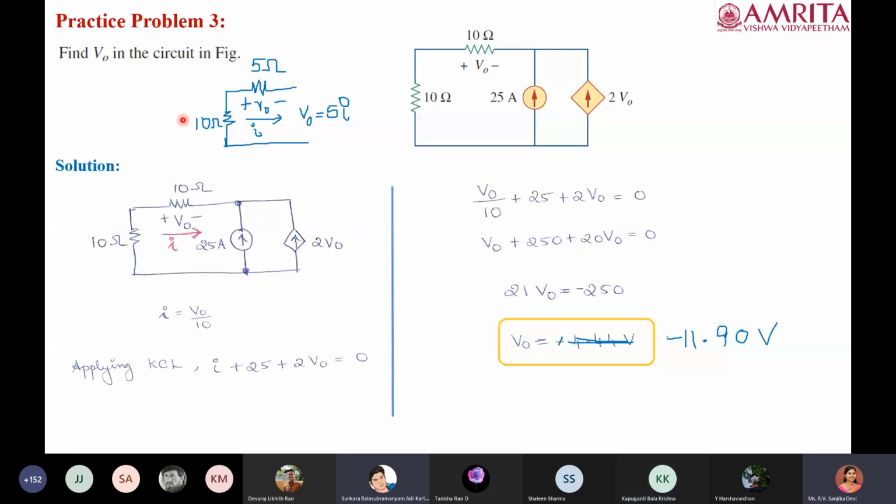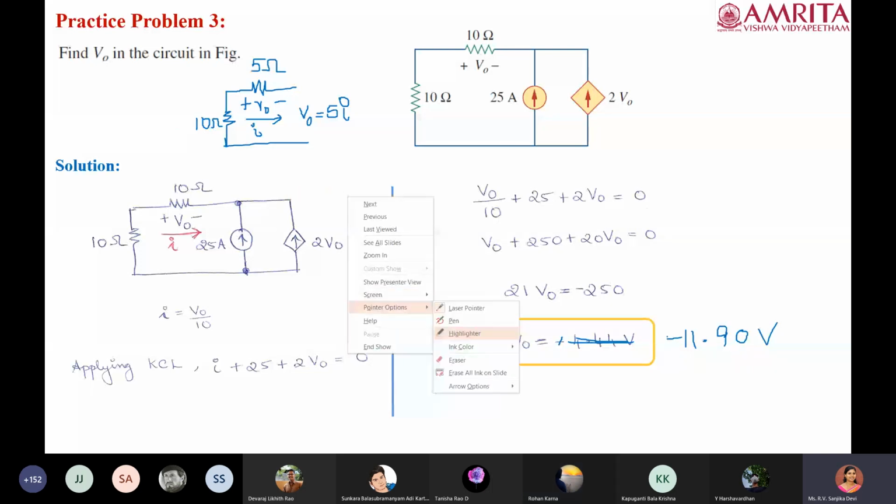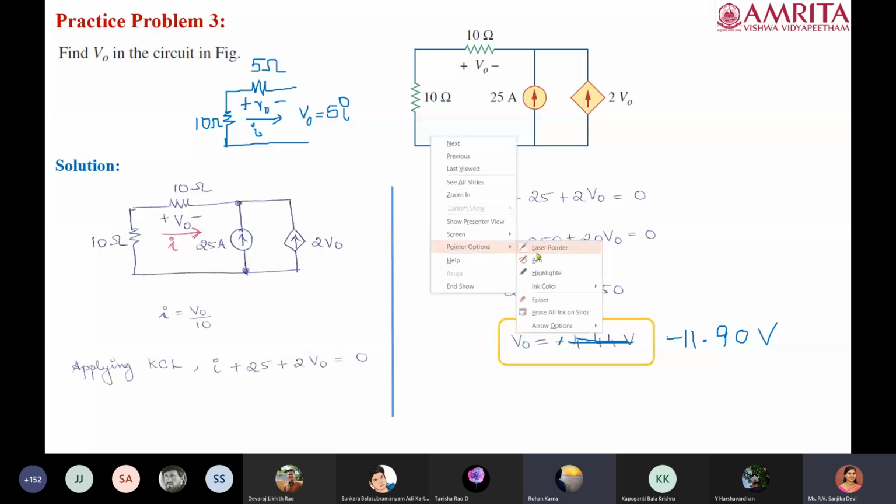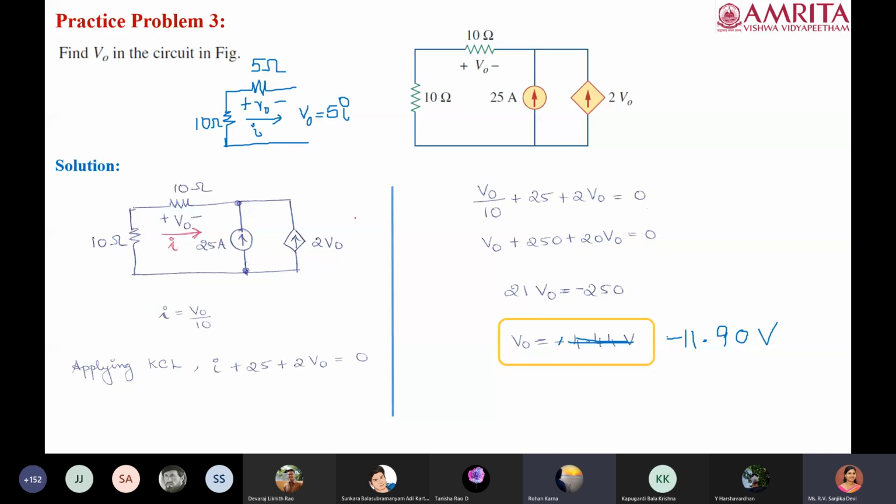Ma'am, here in this case applying KCL, can you explain this one line, ma'am? I plus 25 plus 2 V naught. Yes, KCL is normally applied across a particular node, right? You have to just consider one particular node. Ma'am, you consider this I as entering into this node, na, ma'am? Yes, for this particular node, the node at the top, I is entering. So all the currents are entering the node, so I have taken them as positive. If any current is leaving, we can take it as negative and then sum them together. Okay, ma'am, I understood.